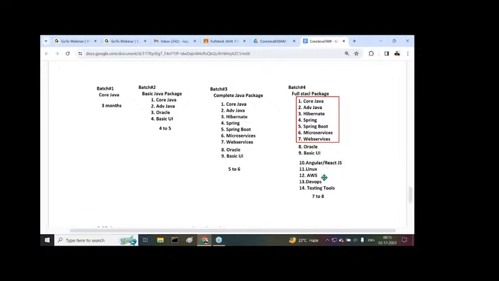Linux operating system, AWS and DevOps. Then after that, what next one here? No, testing tools. So these many courses we are going to include inside the full stack Java. This Linux, AWS and DevOps, faculty will take care of it. A separate trainer is available for it, then we will take care of it, and testing tools, some other trainer